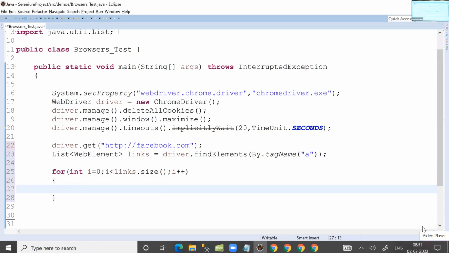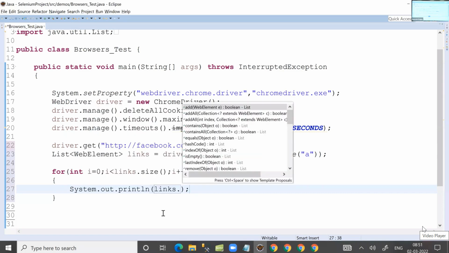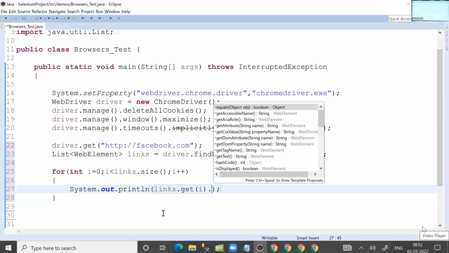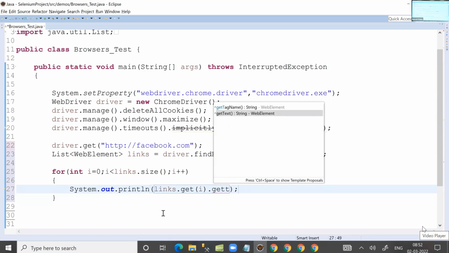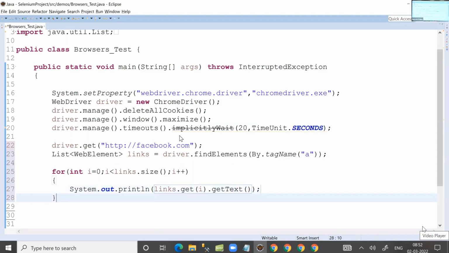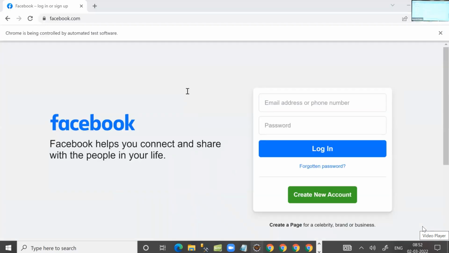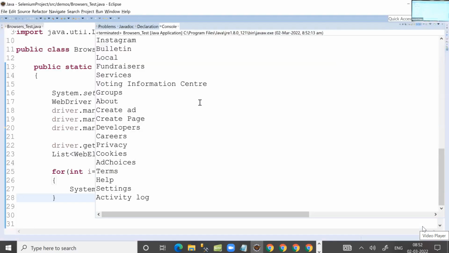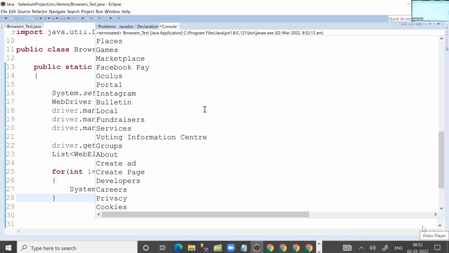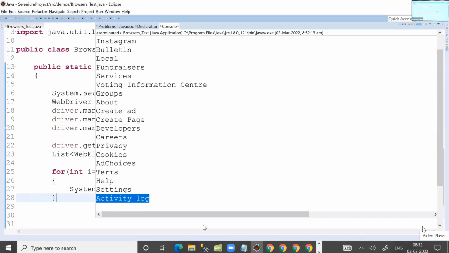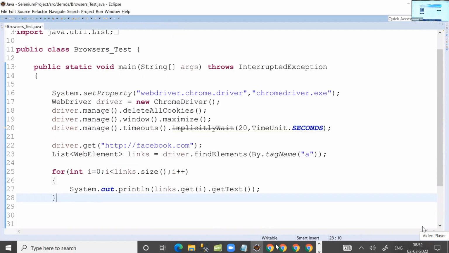Now, links dot get of i, dot getText of it. Get the text property of the element. I'm printing all the link text here. All the links text I'm printing here. Any link you take in any web page,